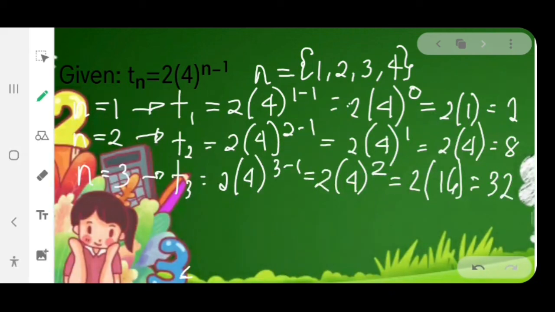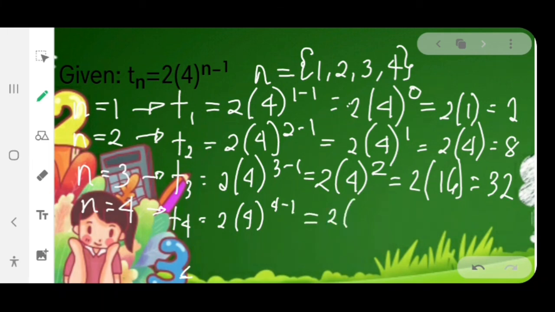Now we now have the first three terms. Let us compute for the fourth term. N is equal to 4. Substitute 4 to n. We now have t sub 4 is equal to 2 times 4 raised to 4 minus 1. Then we have 2 times 4 raised to 4 minus 1 is 3. Then we have 2 times 4 raised to 3 is 64. And let us multiply. 2 times 64 is